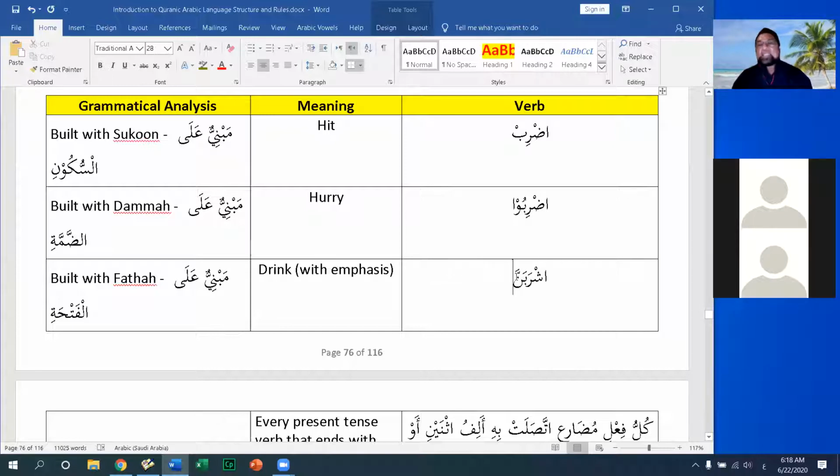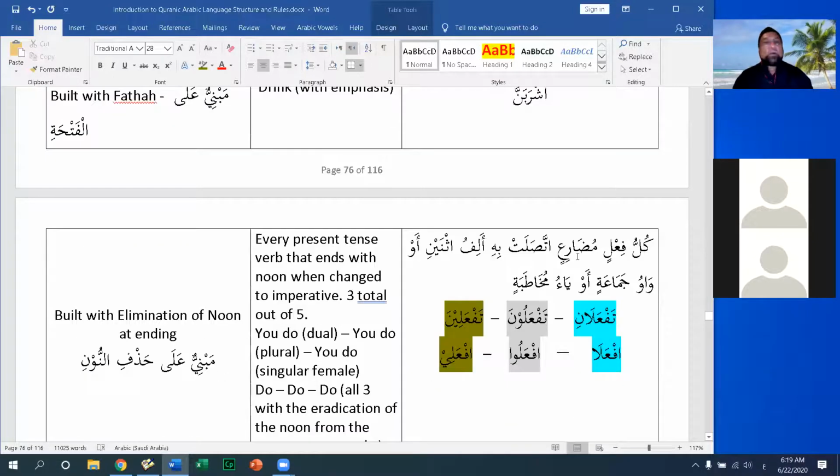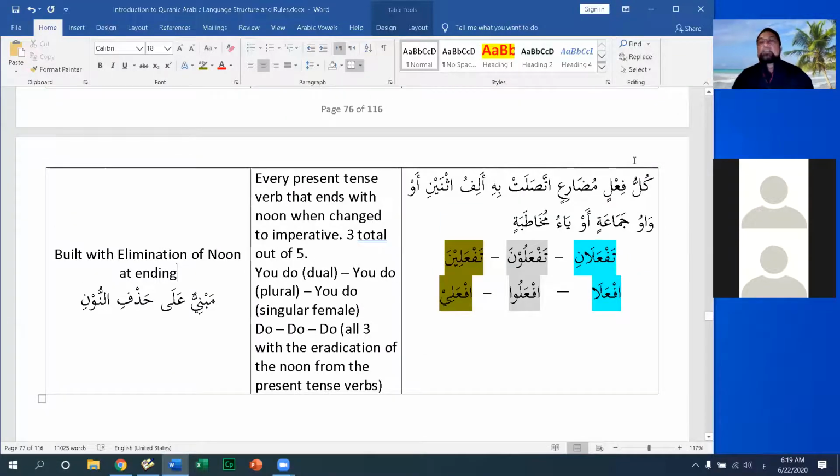The way we analyze this here is we say mabniyun ala al-fatha, because this is built like this. It cannot change. Ishrabanna, it's always a fatha on that noon. Of course, if it's a noon khafifa, we say ishraban mabni ala sukun. Or finally, it's built with elimination of the noon, or something else at the end. So for instance,